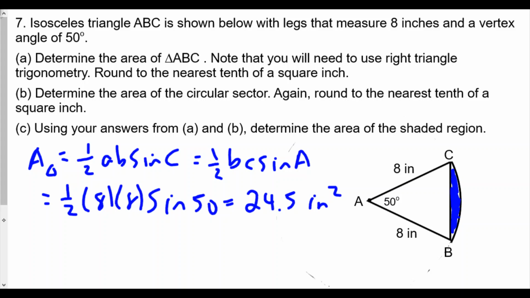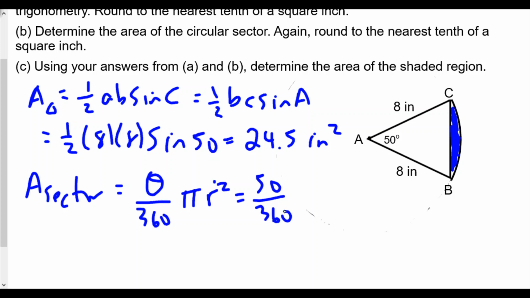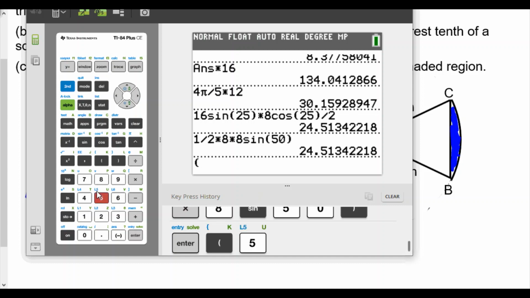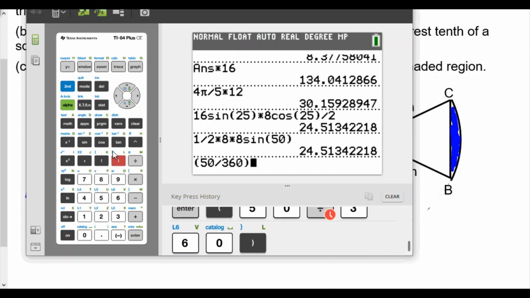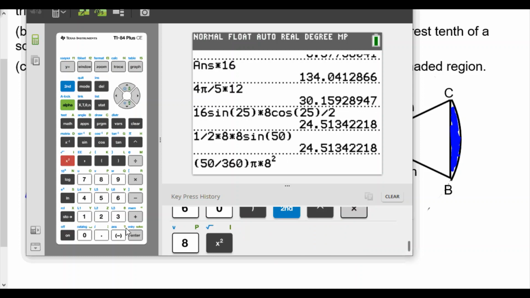Now, the area of the sector is going to be, in this case, the angle measure theta over 360 times pi r squared. So this is going to be 50 over 360 times pi times 8 squared. So we're going to enter that in the calculator. So just straight out, 50 divided by 360 times pi times 8 squared. That's the radius. So that's the fraction of the circle we have. And so now we get